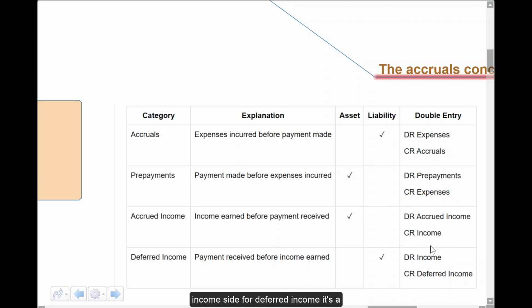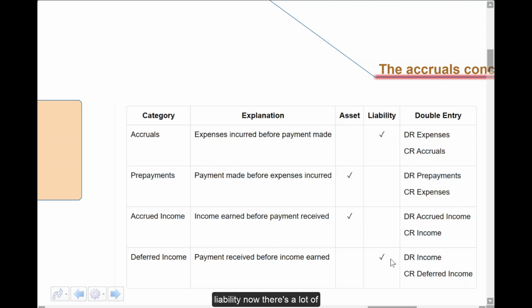we've correctly transacted in relation to the income side. For deferred income, it's a little bit like the opposite of what we've just talked about in terms of accrued income. What is it again? Well, payment has been received from Joe Bloggs, for example, before the income's actually earned. So really, we've recorded income that shouldn't be recorded. So let's reduce income, or let's create, in effect, the liability: debit income, and credit deferred income, i.e. this liability.